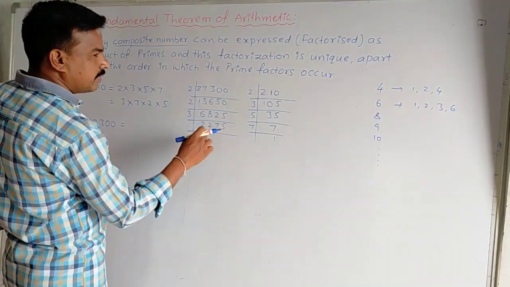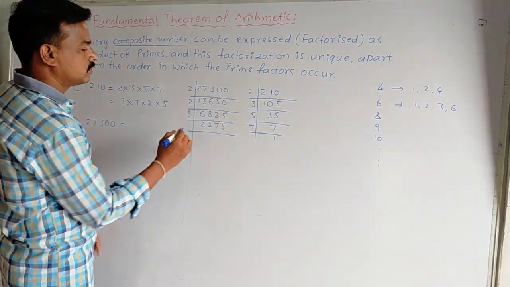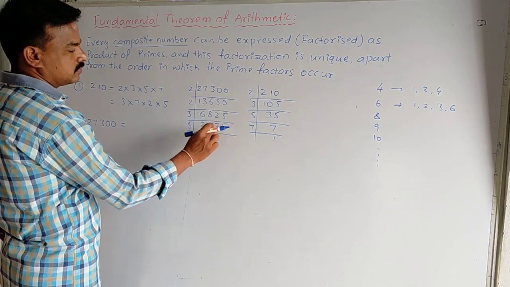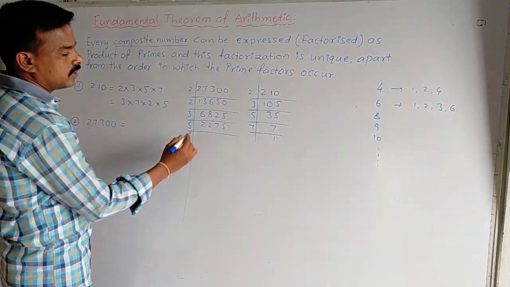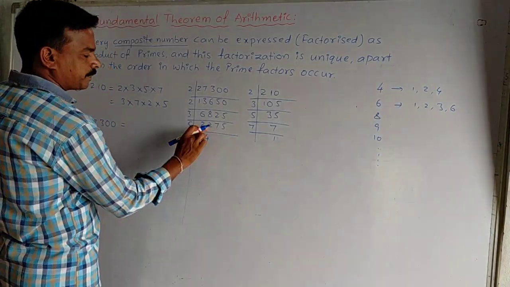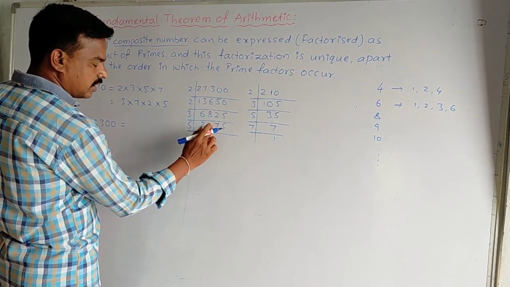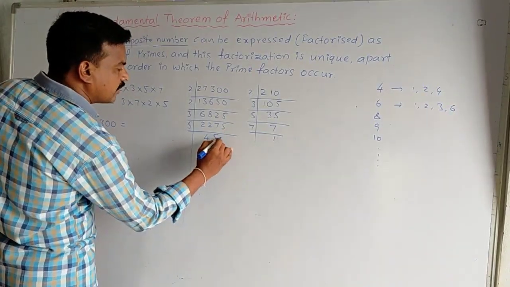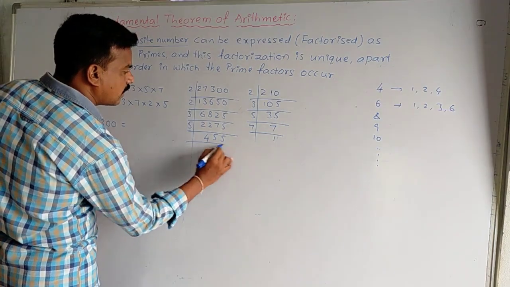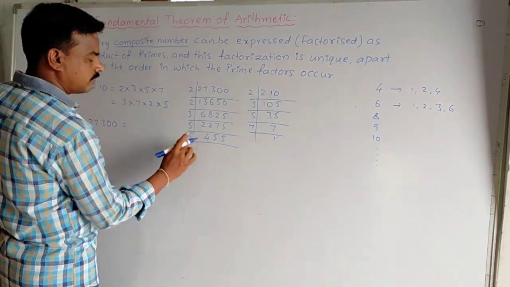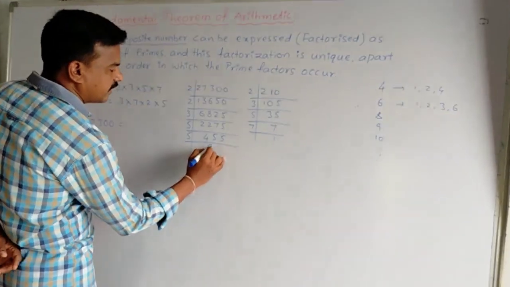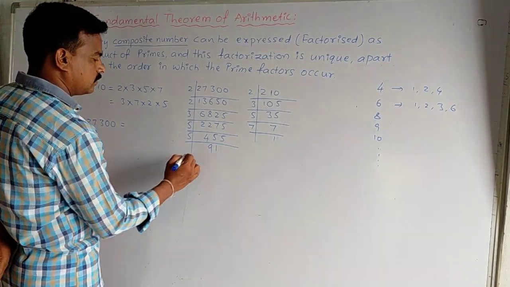But it is divisible by the next prime number, that is 5, because the number ends with 5. That's why it is divisible by 5. So 5 4s are 20, 5 4s are 20, and 2 there. 5 5 is 25, again 2 25, and 5 5 is 25. Again it is divisible by 5 table. 45, we have to take 5 9s are 45, and 5 1 is 5.